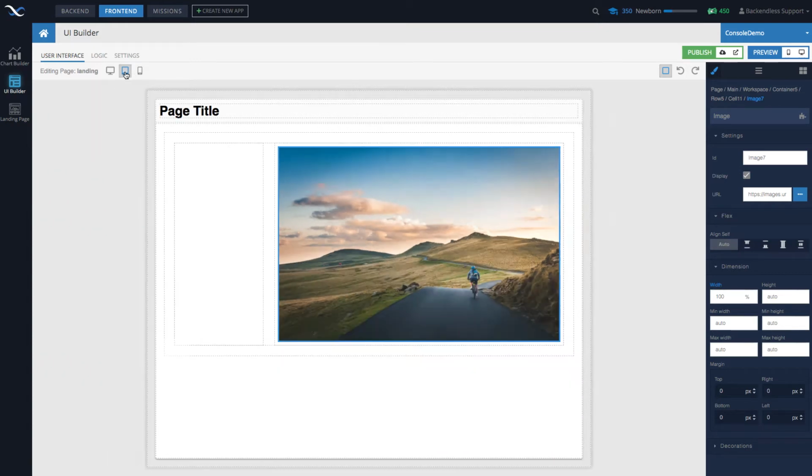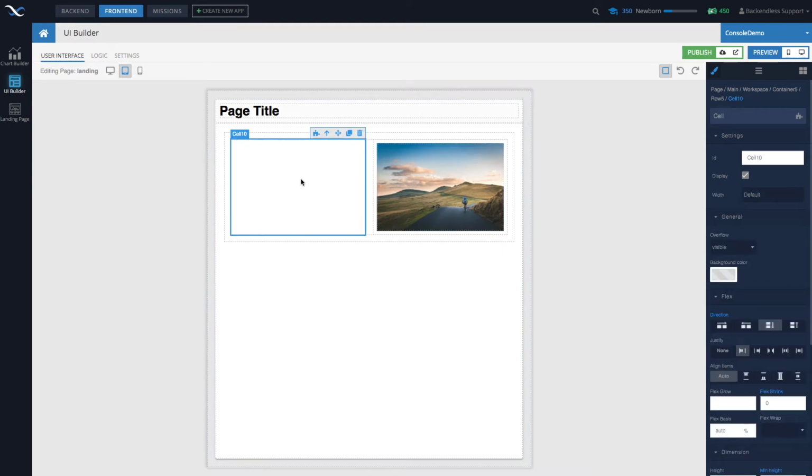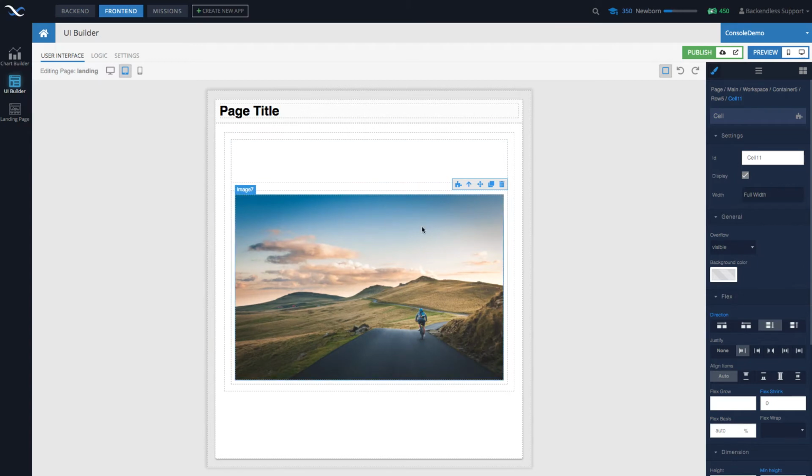So for instance, if we switch to the tablet layout, let's say that we want to have those cells located on separate lines within that row. So select this cell and say it's going to be full width, and now select the second cell and specify full width as well. So now the layout is different while the components are exactly the same.